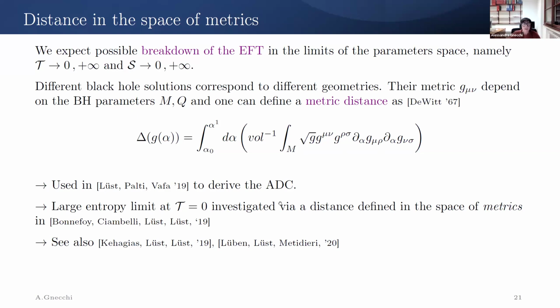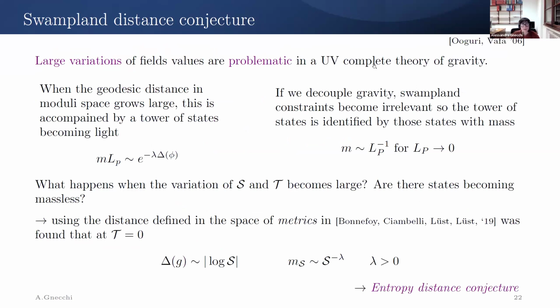distance related to the black hole metric, which was known already at the time of Witten, which is a metric distance. It's been used in the context of the swampland because the temperature and the entropy are expressed in terms of black hole quantities. And in particular, they can be traced back also to the scalar fields. And in string theory, the scalars are basically the parameters of the moduli space of our effective field theory. And these moduli spaces have the property that if we move an infinite distance in this moduli space, we are reaching the breakdown of our theory.